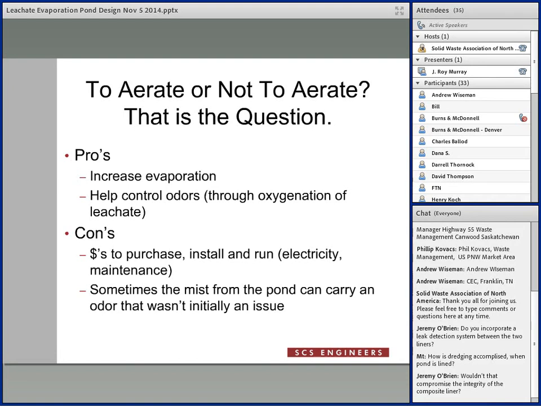In the case of Brownsville, they've been able to get by without it. There was some initial talk, should we get aerators? And my recommendation was that they wait and see if they couldn't keep up with the evaporation, or if they started having odor issues. I said, let's wait, let's give it some time, see how the system operates. We can always put aerators in, and a decade into it, they haven't needed them yet.